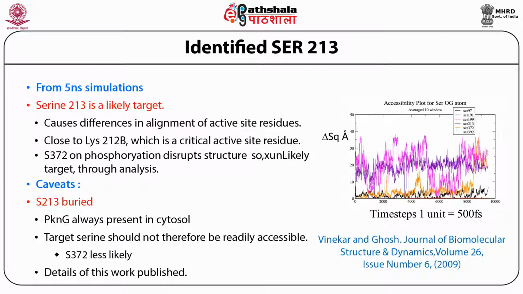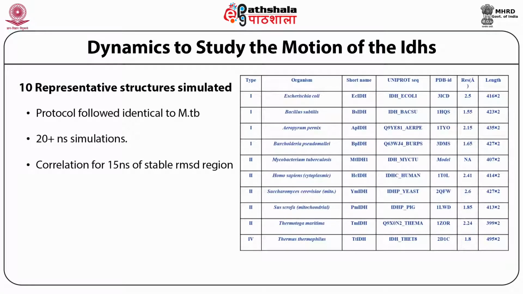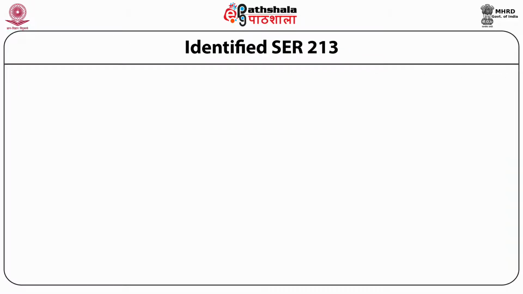What we did is we took different kinds of ICDH structures available, classified them, and went through many of these representative structures. We used a phylogenetic tree to find representative structures, and for each of these we did simulations. Then we did a correlation for all these interactions, specifically for whole atoms. Here I show a big database of how many structures we used. Most of the structures are known crystal structures, except MTB, which was a model done by us. It's a very heavily loaded structure.